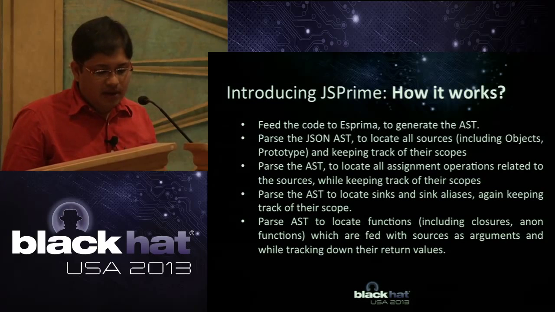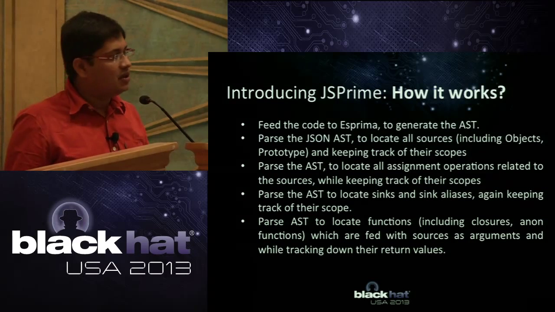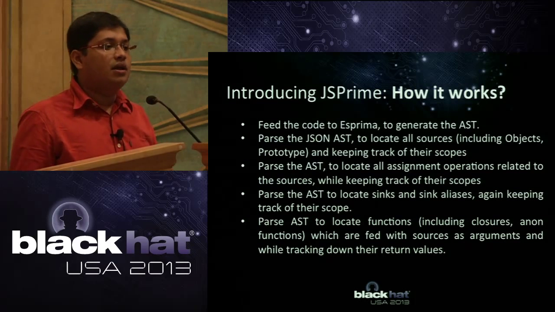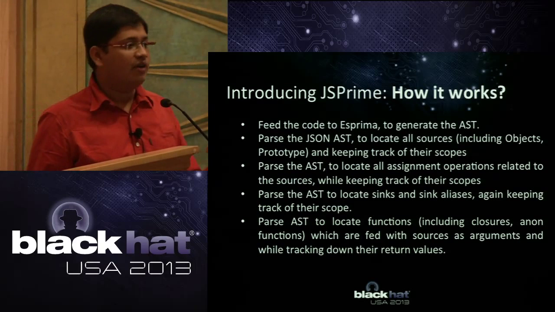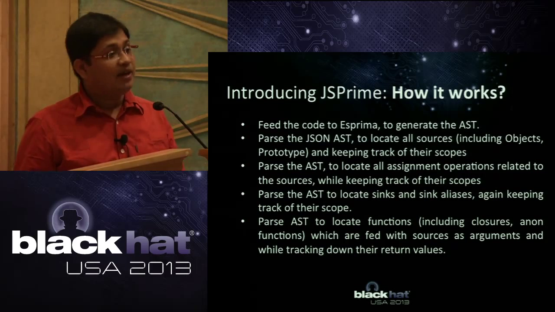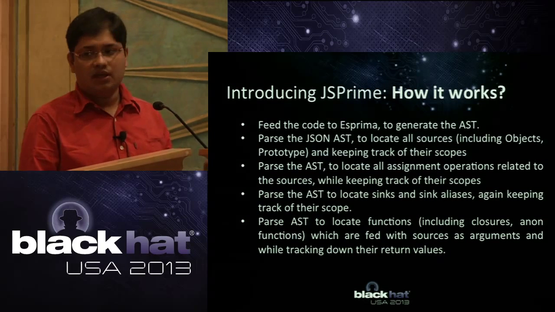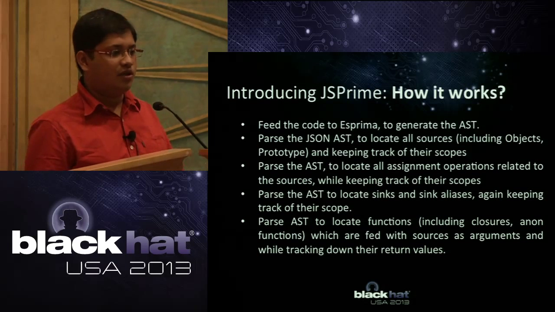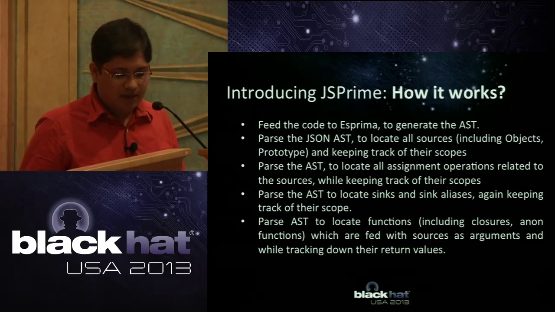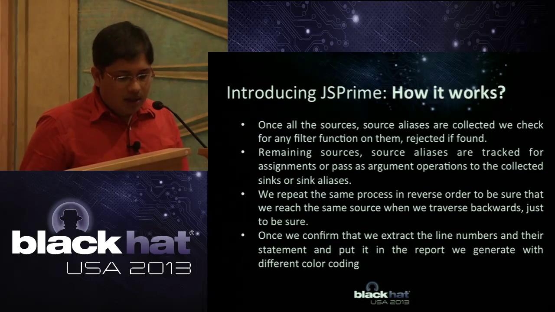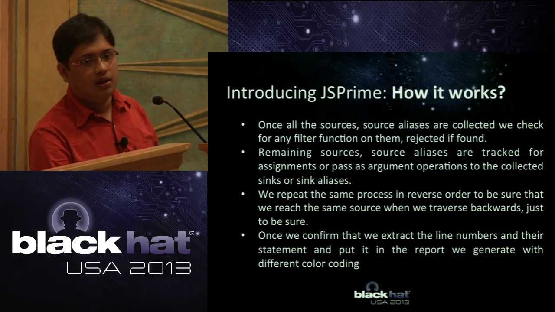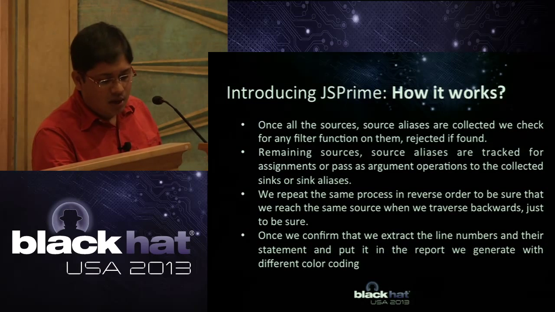Then we move on and locate functions, including closures and anonymous functions, which are fed with sources as arguments. We find functions where sources have been passed as arguments, while keeping track of the return values. If the function is returning something, we keep track of whether it's returning the source as it is, or returning something else, whatever it's returning. Now once we have collected all these data structures, all this information or metadata, what we then do is